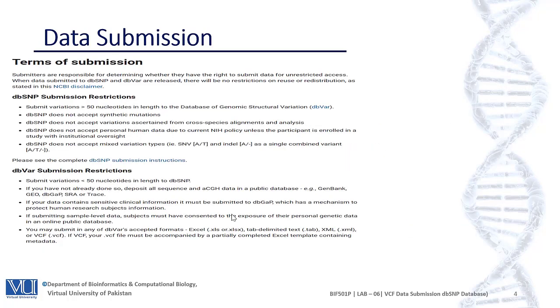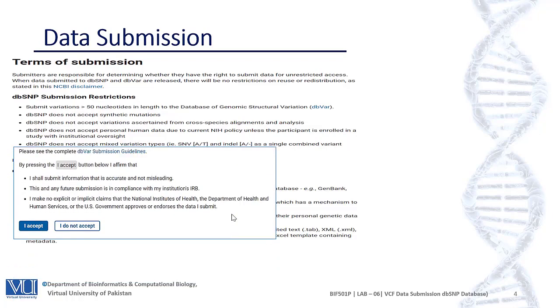Here are the terms of submission, where we can see that NCBI allows you to submit variants in two forms. One is dbSNP and the other one is dbVar. The students are encouraged to read all the terms of submission before submitting your data. By accepting the terms of submission, we agree that we are ready to submit our data as per the rules